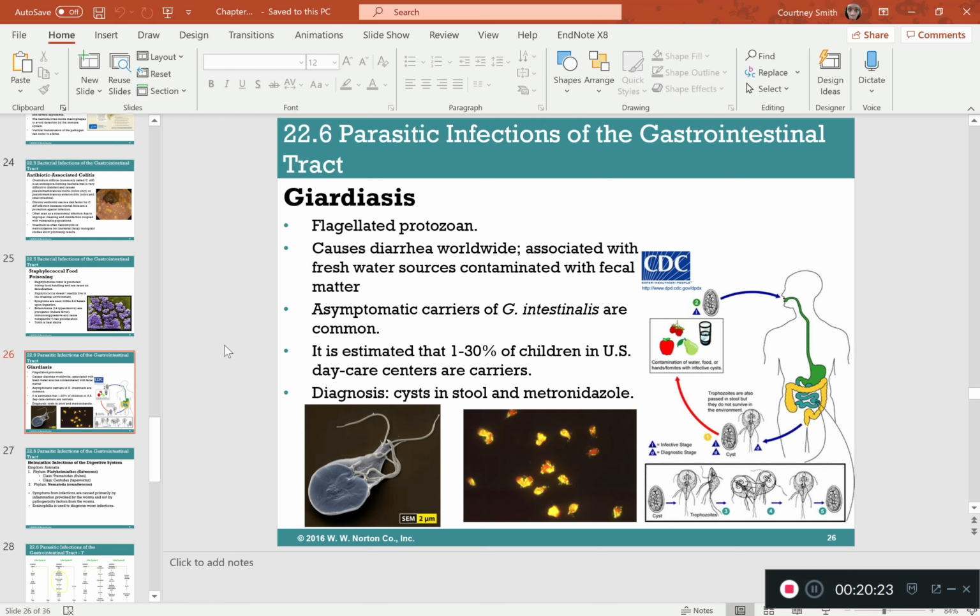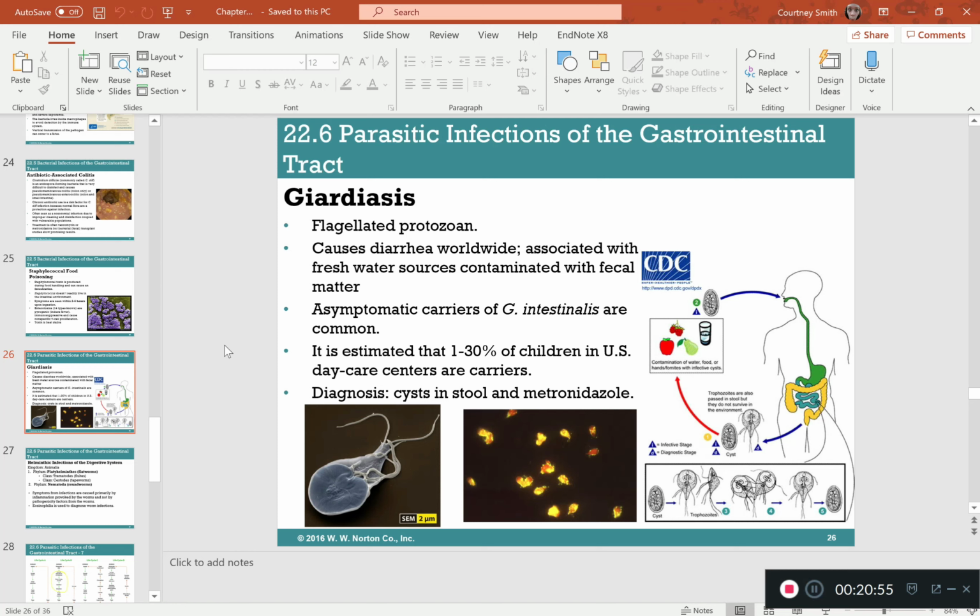eggs inside, and then you will have some diarrhea, and you'll go to the doctor because you're having a lot of diarrhea. They may ask for a stool sample, and in there they'll diagnose, because they will see some protozoan cyst. Then you'll treat with some omeprazole and also some antiparasitics, and then you're good to